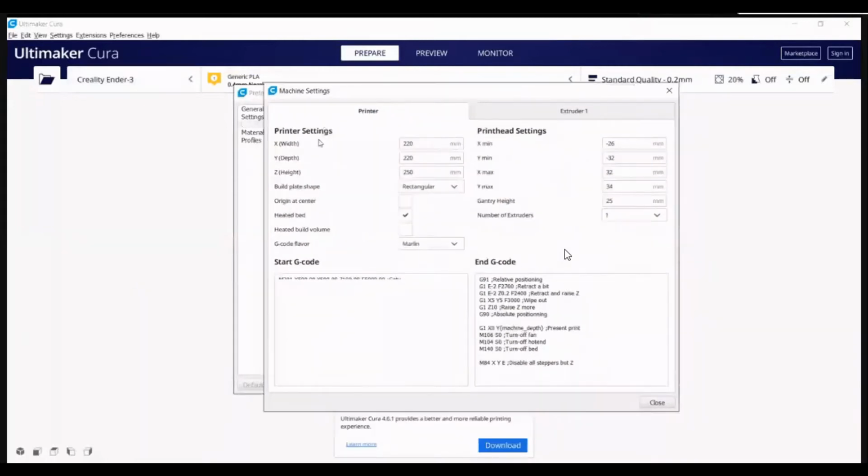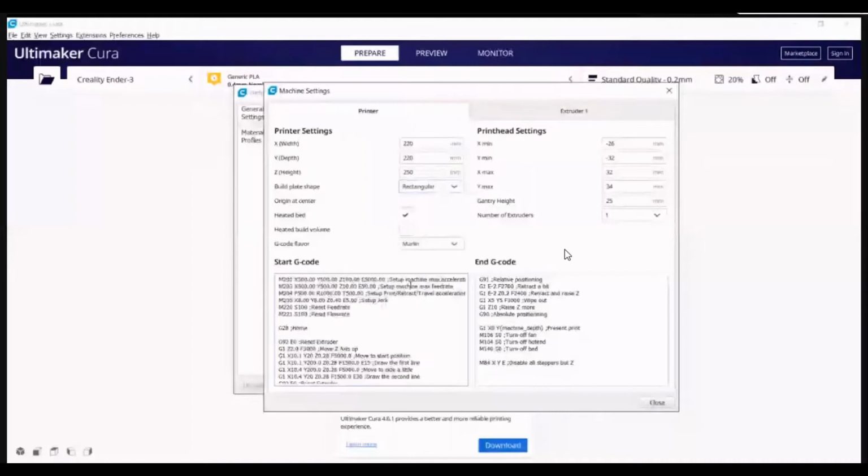Okay, our printer has an x-axis of 220 mm, y equal to 220 mm, z height equal to 250 mm. So we can print a volume of 220 by 220 by 250 mm cube. This is our limit of the printer. Beyond that, we can't go. Here is the build plate size, and we have a rectangular heated bed because we have a heated bed with us, and for G code, every printer uses Marlin G code,